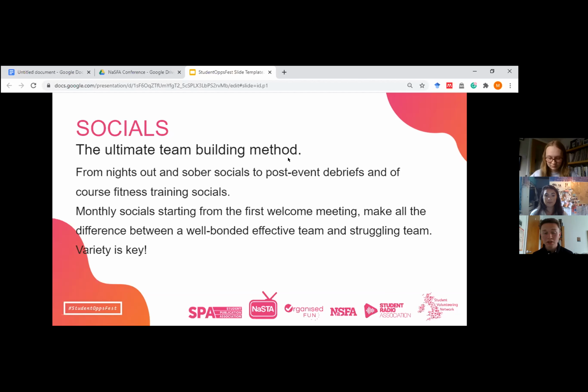It's important to involve not only everyone in the team, but to invite RAGs out, the charity partners out, again, because getting to know your RAGs and charity partners aids in the clear communication that might be needed later. So it aids the point of no question is silly, that they have the knowledge that they can ask any question because they know these people. They've broken down the walls where everyone is friendly, and it's all less daunting, which is absolutely vital for the year you guys are coming into, especially after